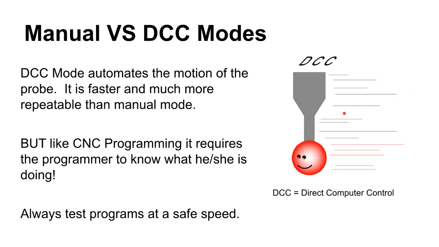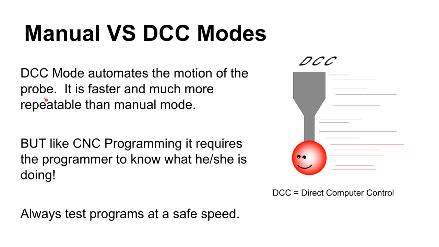All right, so in general, a lot of CMMs have what's called DCC control. More often than not these days, CMMs have what's called direct computer control, and this is sort of like CNC, where you control the tool completely by the computer. In general, what you do is you load a part into the CMM, and then your program will hopefully say take a hit point, or take hit points in a particular location, and that will help the CMM to understand where in general the part is laid out.